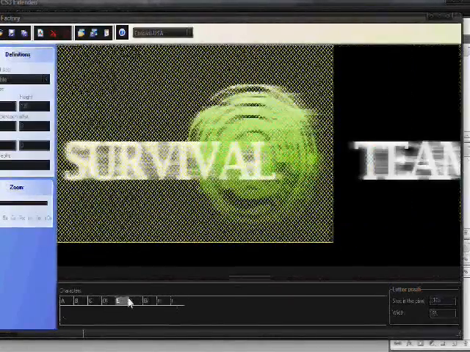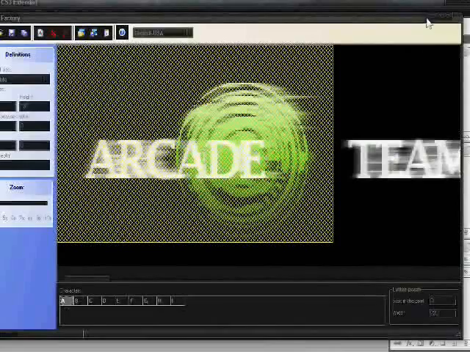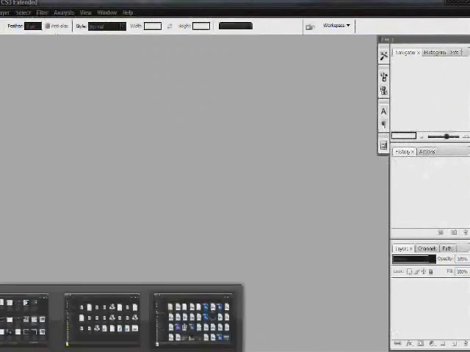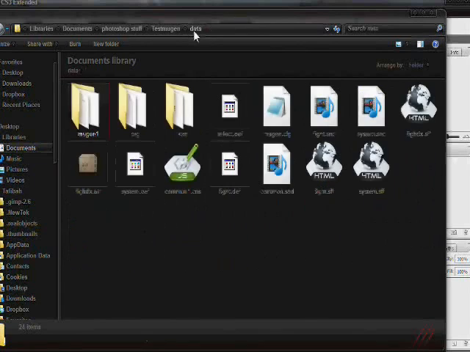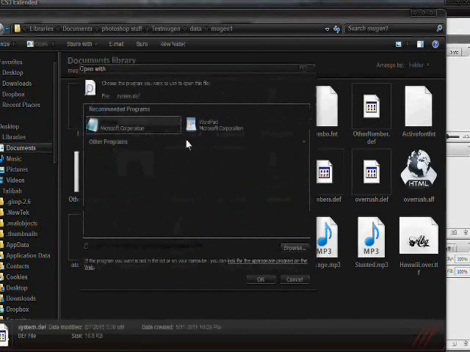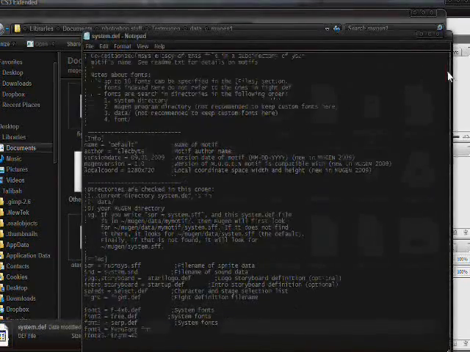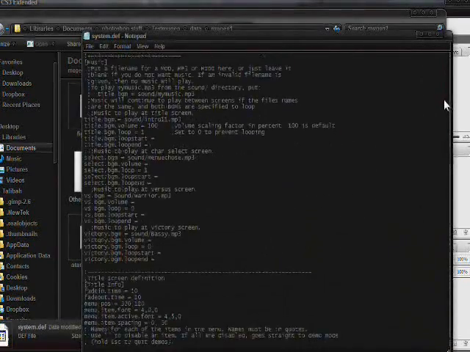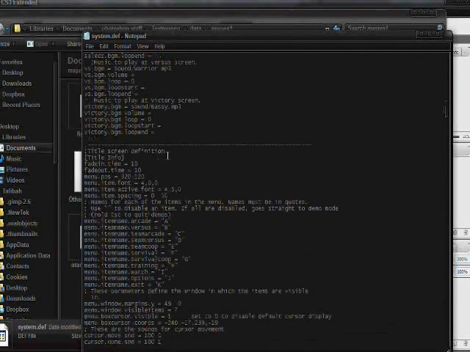And what you would do is in your definition file for the system, which I really shouldn't be showing you, but I'm going to show you anyway just so I can finish this tutorial, would be down here in your screen definition section. As you can see, A, B, C, D, E, F, G, H, I, J, and K all are for exit options, watch, training, survival, team co-op, and such. But it looks like I don't have exit